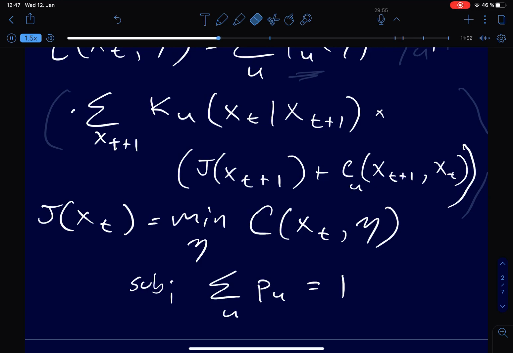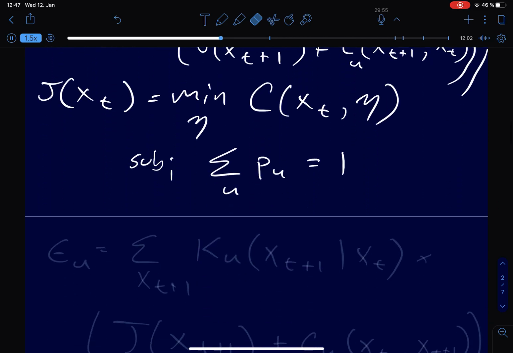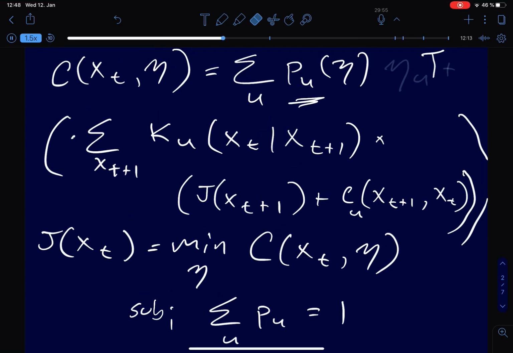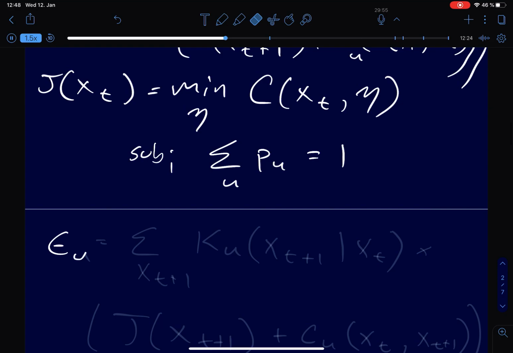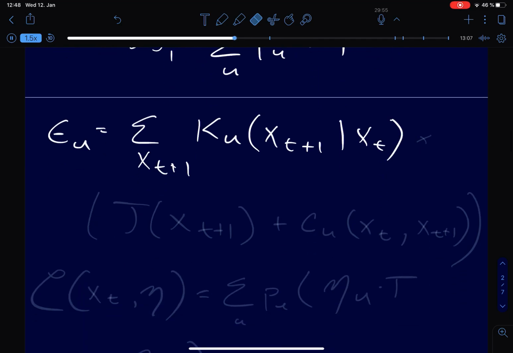And just optimize. So first thing I want to do is define this whole thing, this expectation here, as the energy, right? So that will play the role of the energy. You see, the control doesn't actually appear here; only the action appears here. So the control is all inside the probabilities. So the energy of a particular action is just the expected cost to go if a particular action is chosen. It's given by the sum over x of t plus 1 of k of u, the propagator associated with a particular action, times